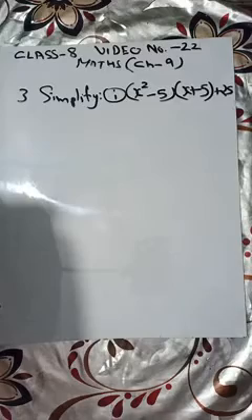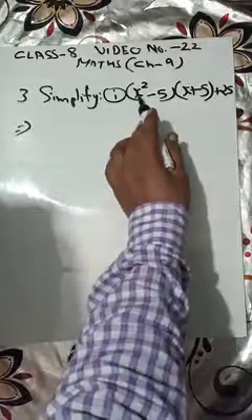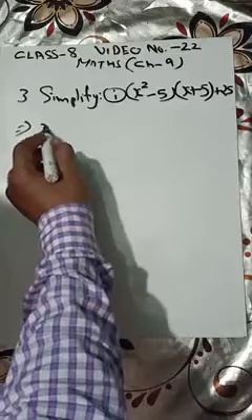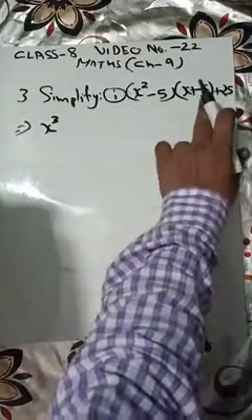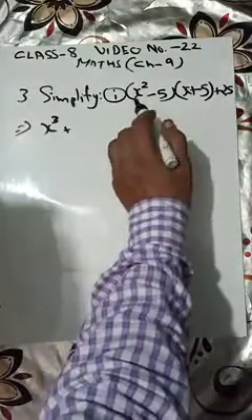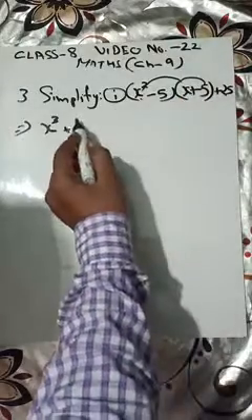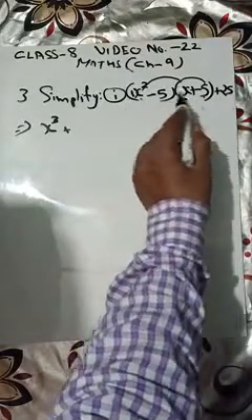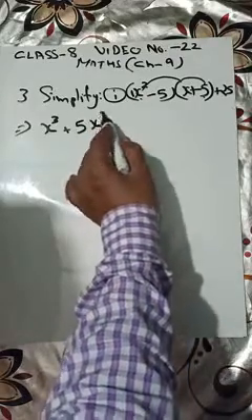Now it's time for multiplication. So let us solve the multiplication. Okay. This is going to multiply with this. So x square is going to multiply with x. It will be what? X powers are going to add. It will be x cubed. Remember, when you have taken this, it will be multiplied with both these terms one by one. Now x square is going to multiply with 5. It will be what? 5 and x square. So 5 is going to multiply with 1. It will be 5x square.